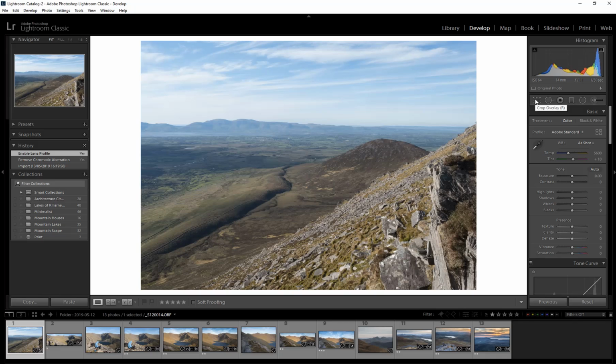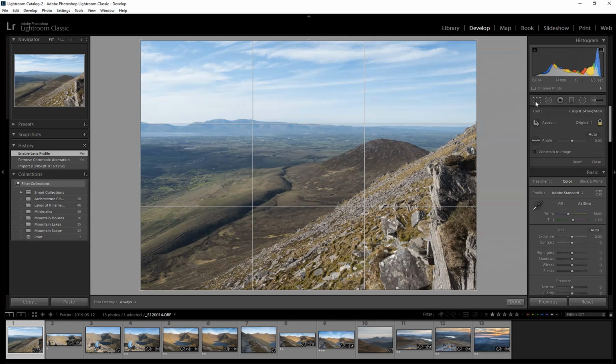So up the top here, you'll see you have cropping facilities. We won't dwell on these at the moment, but you have spot removal, red eye correction, you have a graduated filter, you have a radial filter, and you have a brush. You have various applications within that. If we go down to the basic panel here,